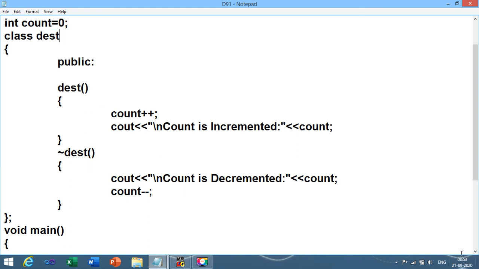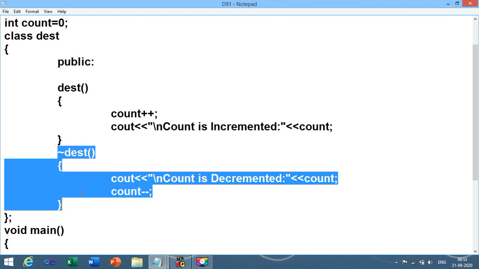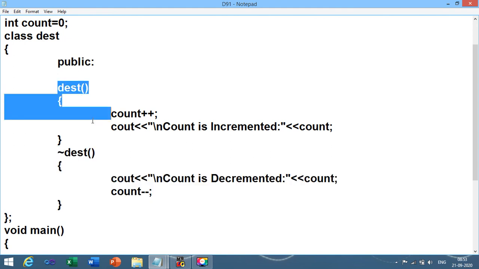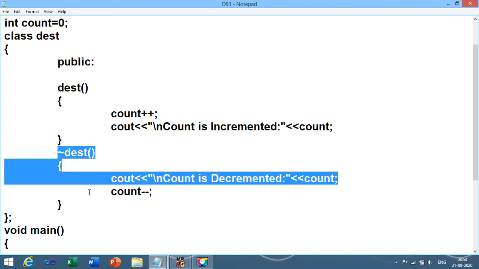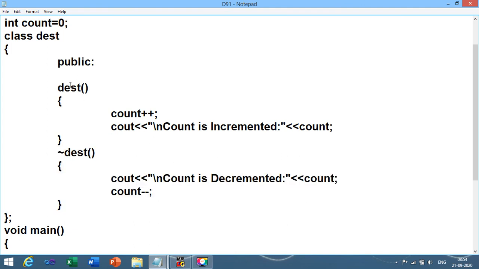Like constructor, destructor is automatically called, but when the object is destroyed from the memory, at that time the destructor is called. Constructor is used to initialize the value of class variables. Similarly, destructor is used to destroy the variables which are initialized by the constructor.